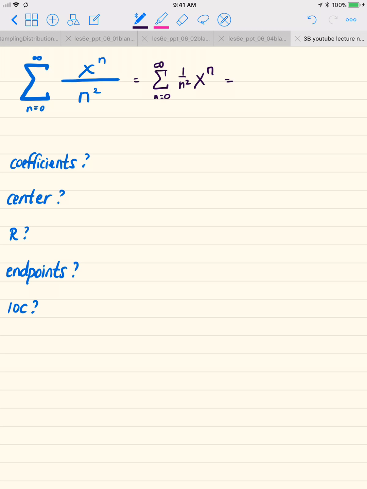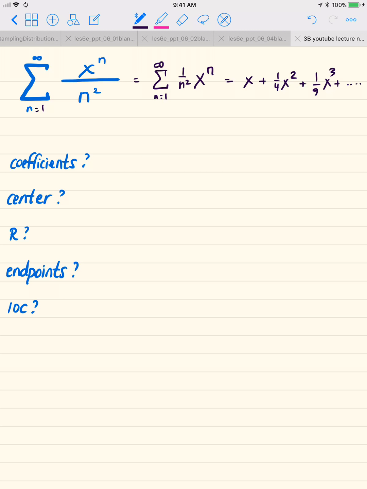Now, the first thing I notice is that, oh wait, I've got a typo. This should be n equals 1, because I can't divide by n equals 0. So let's just change that. That's a typo, and I'll change it to reflect on the module. But now when n equals 1, I'll just have 1 times x, n equals 2, it'll be x squared, so it'll be 1/4 x squared plus 1/9 x cubed plus dot